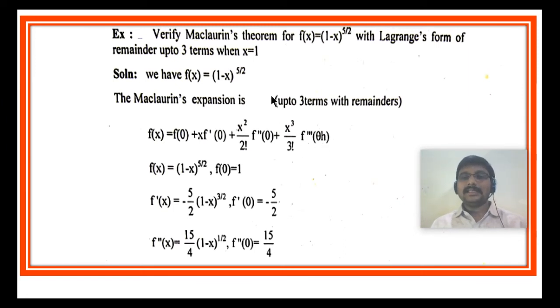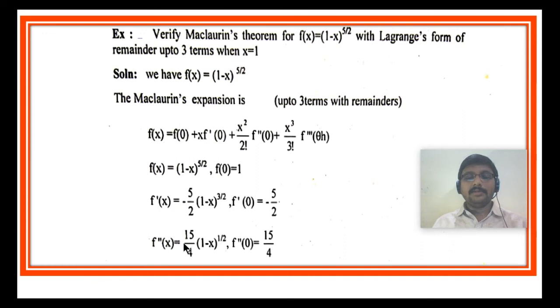But what is n here? n is 3, because the number of terms is 3 here. That is x cube by 3 factorial f triple dash of theta h. Now substituting the above values, f of x is differentiated to get f dash of x, again